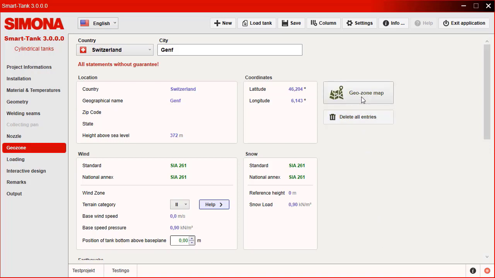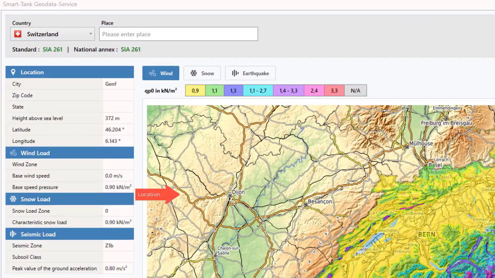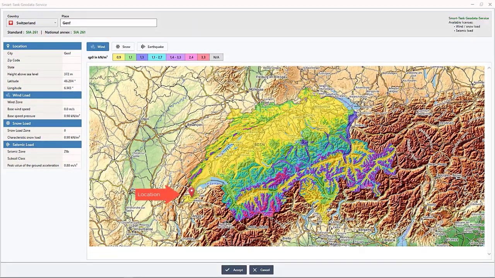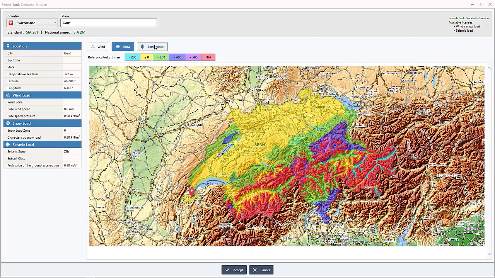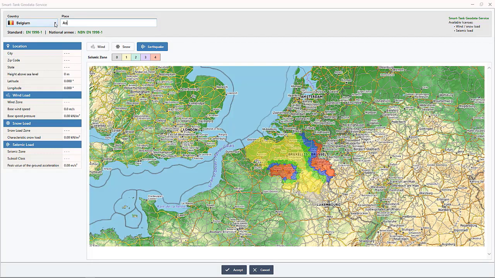The GeoZone Map button calls up the map part of the tool for the previously selected location. In the window that opens you will receive all the necessary information on geo and load data for the location. The map section shows you the location within the wind, snow and, if pending, earthquake map. A change of location is also possible at this point within the interface, as I am showing you here.